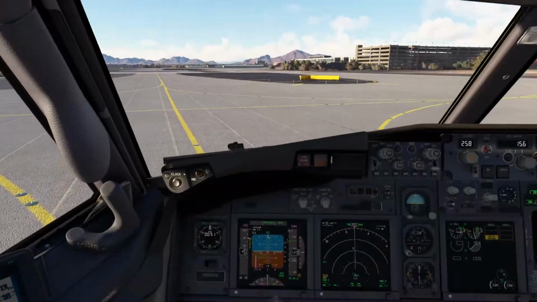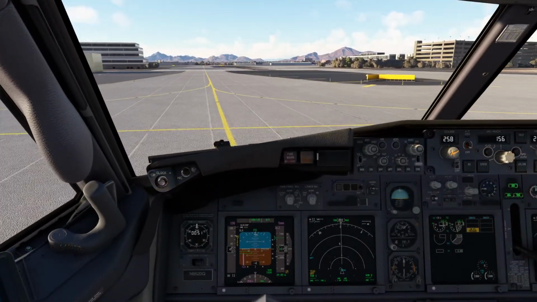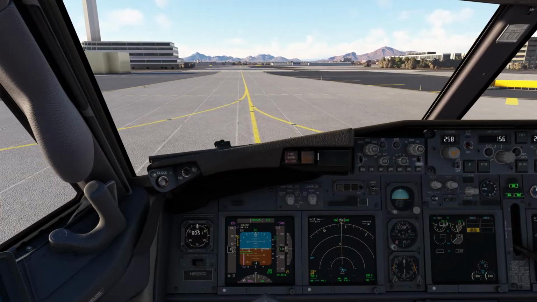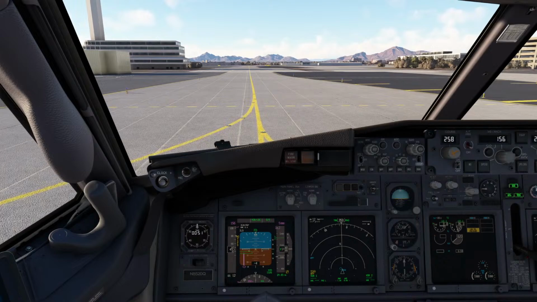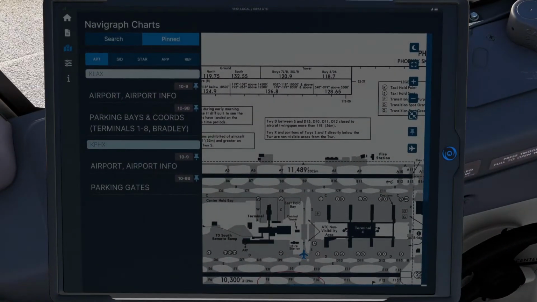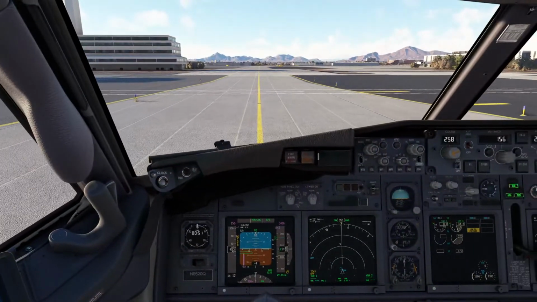There we go. Now we continue all the way until we are on the other side of the apron to take right. So the first one is right, Charlie, and I'm going now to ask